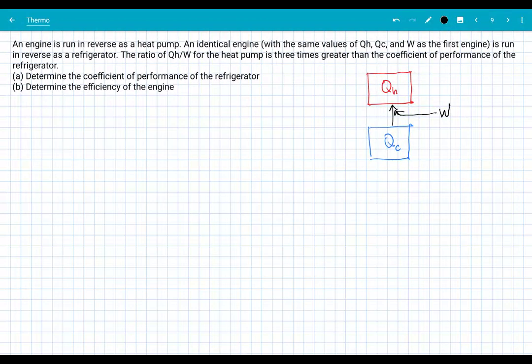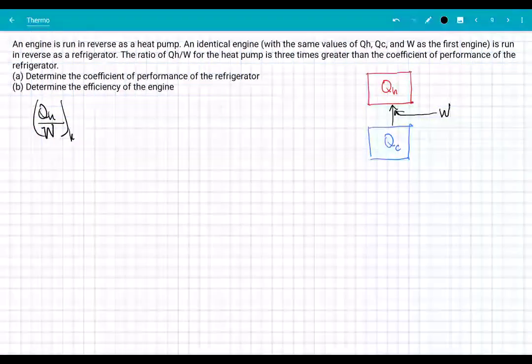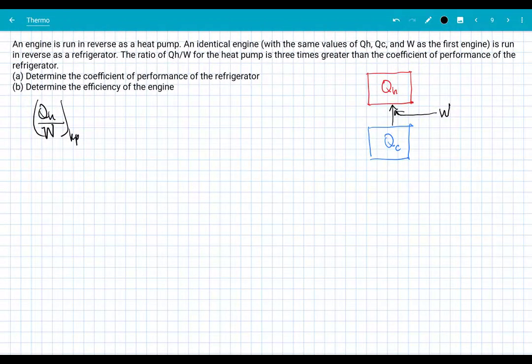So what this is telling us here is the ratio, let's just write down what this problem is saying. The ratio of QH over W for the heat pump, I'll call that HP, is 3 times greater than the coefficient of performance of the refrigerator. So the coefficient of performance of the refrigerator, any of these efficiency or performance coefficients, what these are about